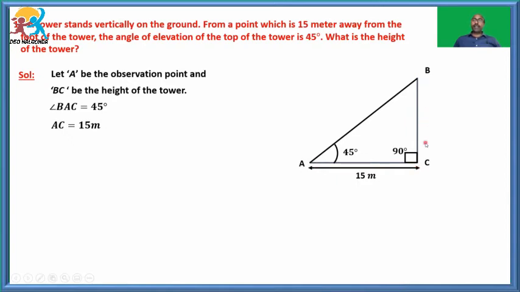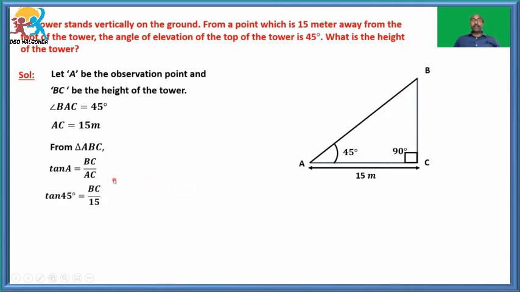So with respect to the angle A, we know the adjacent side and we have to find the opposite side. And what is the trigonometric ratio regarding both adjacent and opposite? We know it's tan or cot, because tan theta is equal to opposite by adjacent and cot theta is equal to adjacent by opposite. So from this triangle ABC, we have to write either tan A or cot A, because our known value is the adjacent side and our required value is the opposite side. That's why from triangle ABC, we write tan A, which is equal to opposite by adjacent, that is BC by AC.